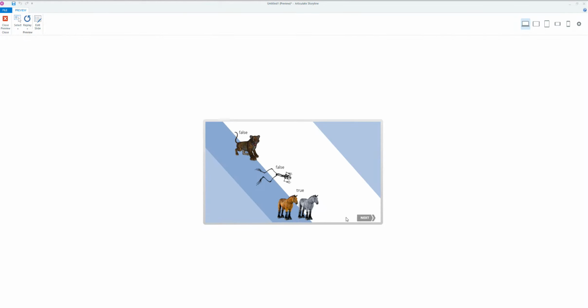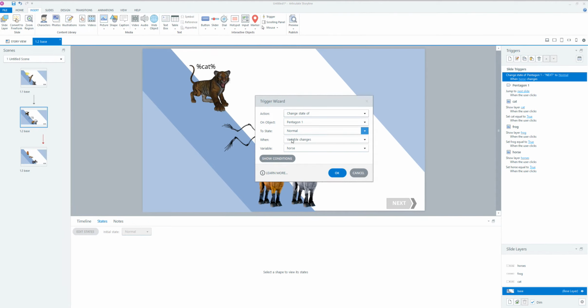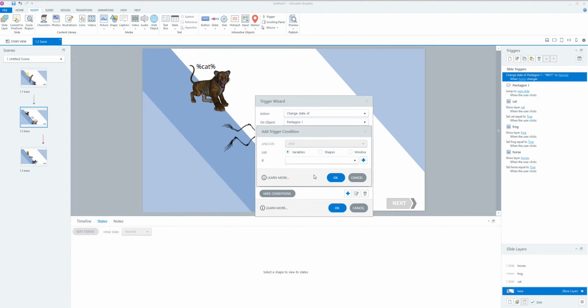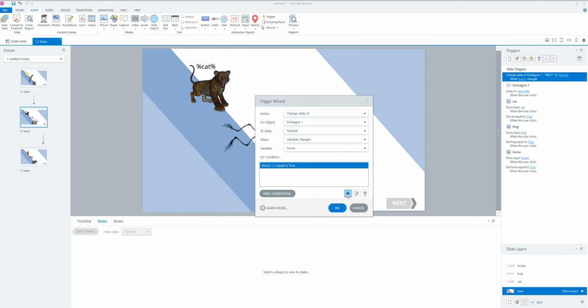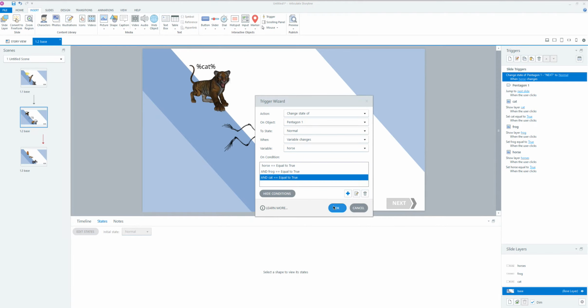So when I click on this, see that? The next button automatically comes up because that variable changed. So that's why that condition part is important to add the specifics, right? So I'm going to go ahead and add that and say variable horse is equal to true. And variable frog is equal to true. Okay? And variable cat is equal to true. Okay? So now,